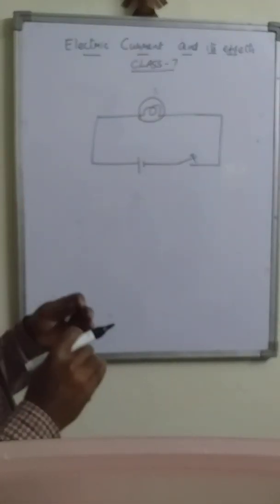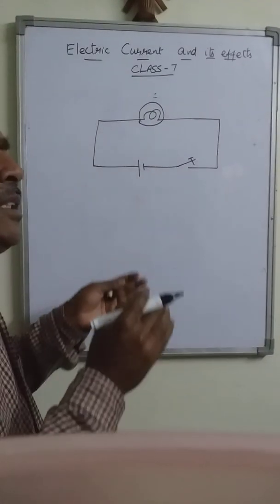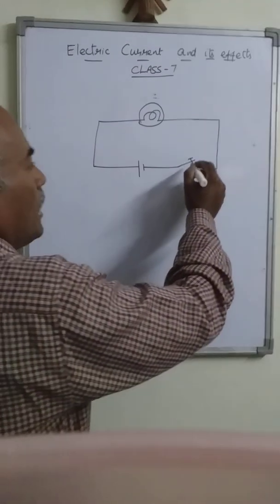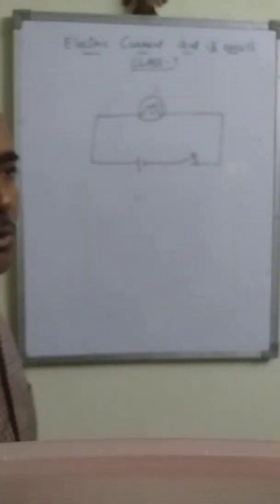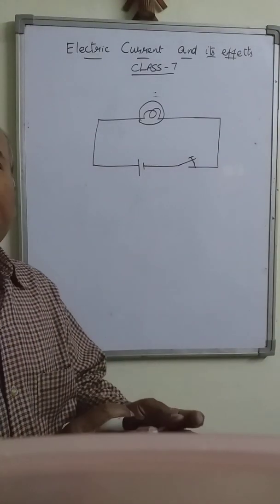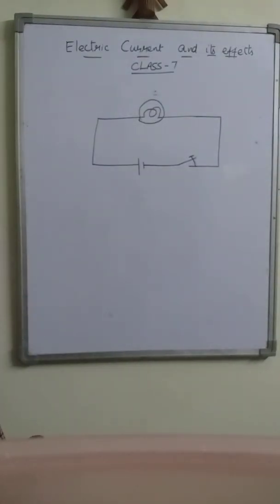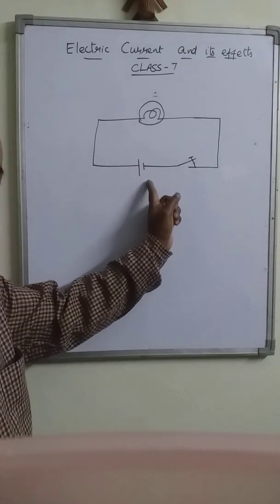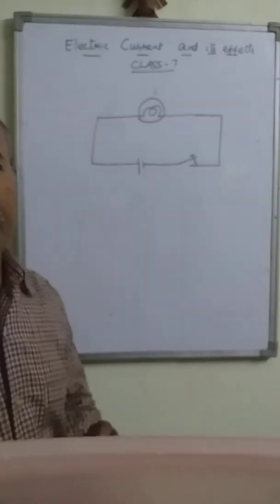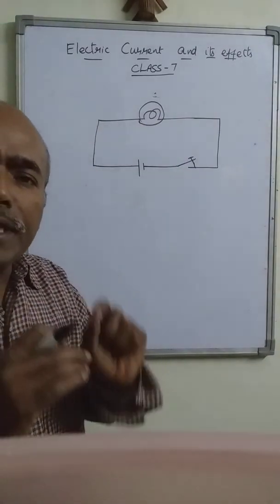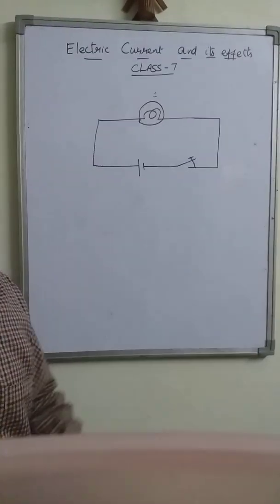Right. Now what we are going to discuss: even when the switch is closed, I am putting the switch in the on position, that is, the switch is closed, I do not find the glowing of the bulb. The bulb is not glowing. Here we have the source of current, the switch is closed and the bulb is present. Even though the switch is closed, the bulb is not glowing. That means there is some fault in this circuit.